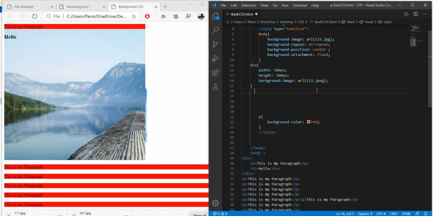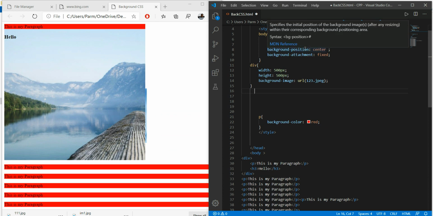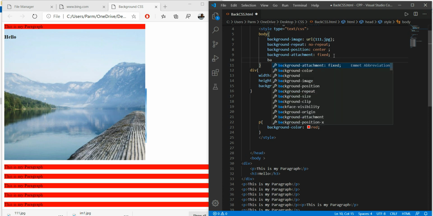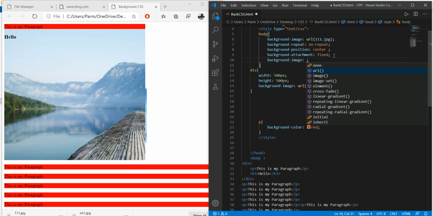We can also use the shorthand for this. Now look at this. With the shorthand, meaning that instead of writing these 3-4 lines, we can make it in a single line. How can we do that? We simply write here, background-image. Here we have to specify the URL.